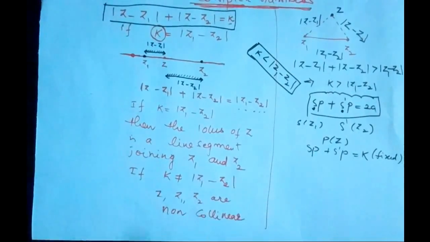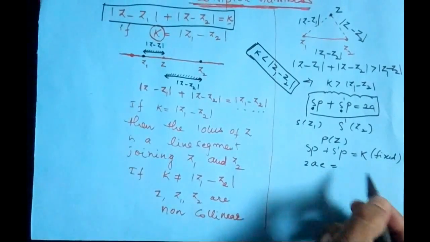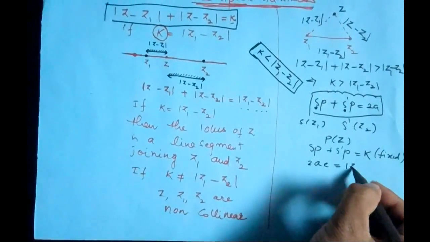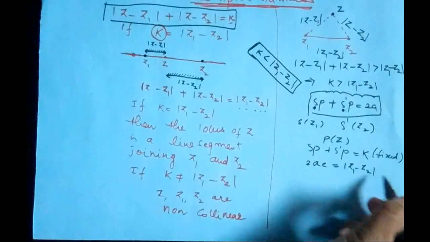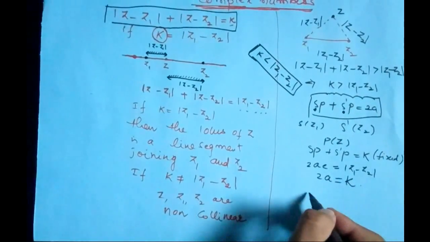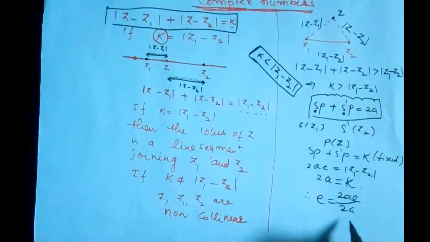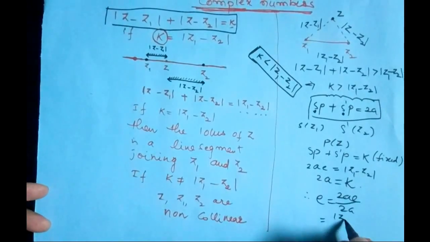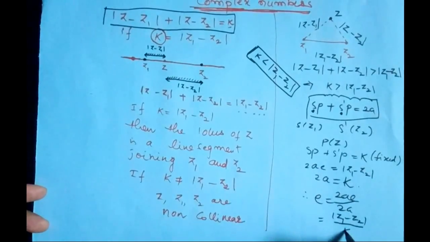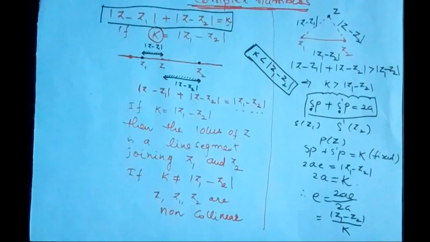Now we know the distance between the foci is 2ae. The distance between S and S', that is the distance between z1 and z2, equals modulus of z1 minus z2, and here 2a will be k. So I'll take 2a equals k. Therefore, eccentricity equals 2ae by 2a, that equals modulus of z1 minus z2 divided by 2a, which is k here. This is the same formula as in the hyperbola also: e equals modulus of z1 minus z2 divided by